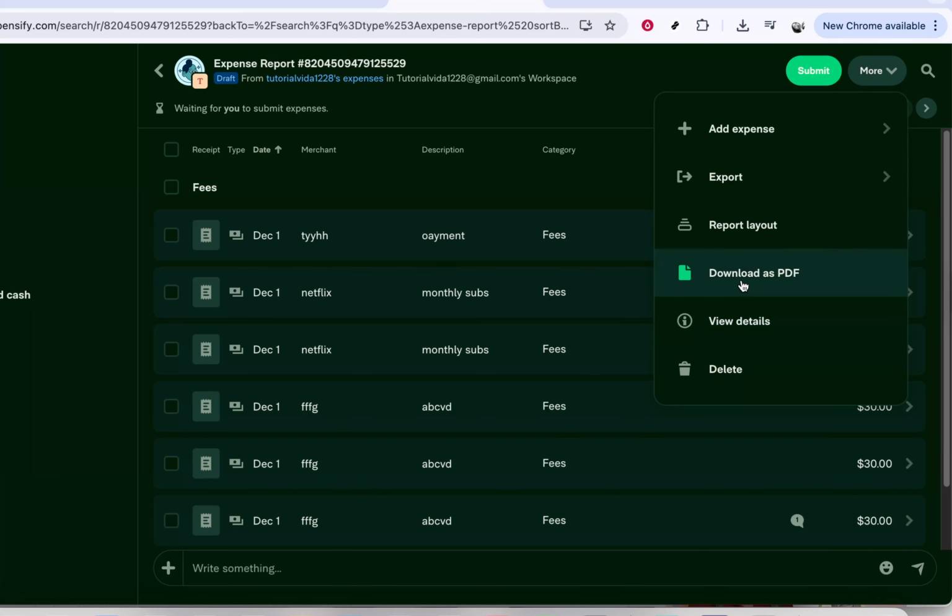If you prefer a ready-to-share document, look for the option labeled Download as PDF. Click Download as PDF to generate a clean, printable version